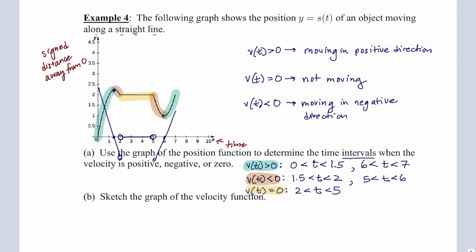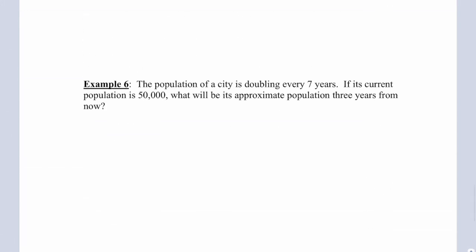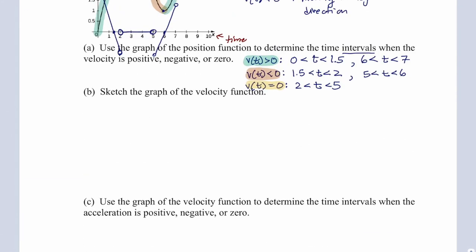And I guess I'll probably put open circles on the endpoints here since it's a strange abrupt stop. I wouldn't be picky about that either on a quiz, as long as you have 3 branches like this, 2 of them linear, the first one with negative slope and the other with positive slope, and then a horizontal with y value 0 in between. So that would be a sketch of the velocity function